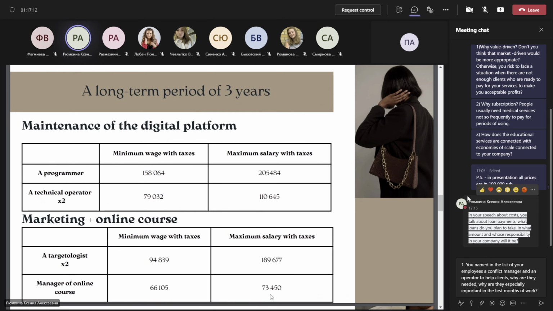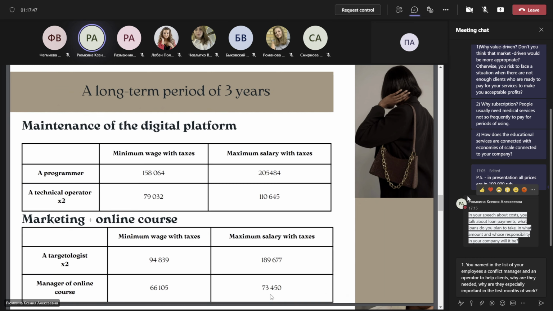As for a long-term period of 3 years, there will be no drastic changes in the cost structure. It is only necessary to take into account that the costs of developing the platform have already been taken into account in a short period of 6 months. It is also worth taking into account that wage growth and an increase in the number of employees in some vacancies. The growth of the average salary in the Russian Federation is 3.8%. This indicator was taken into account when we calculated the labor costs of employees.